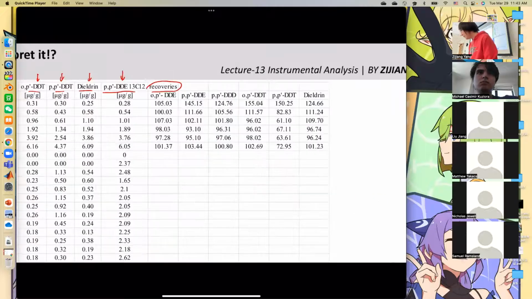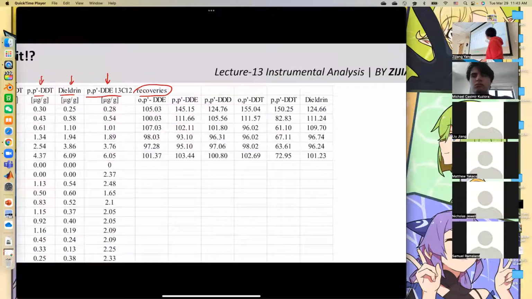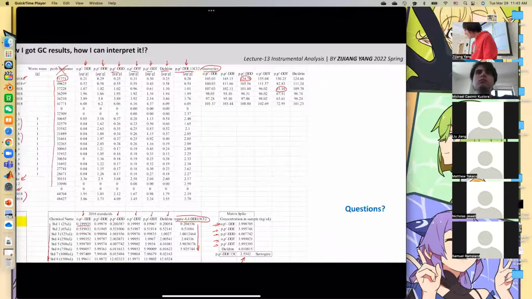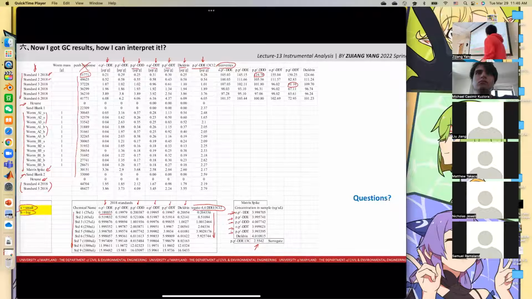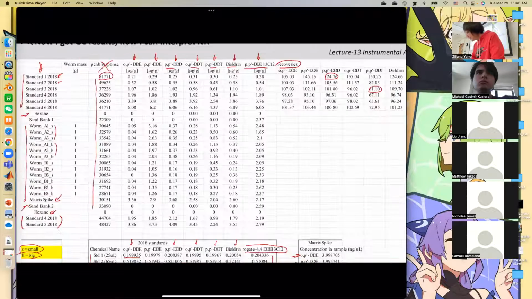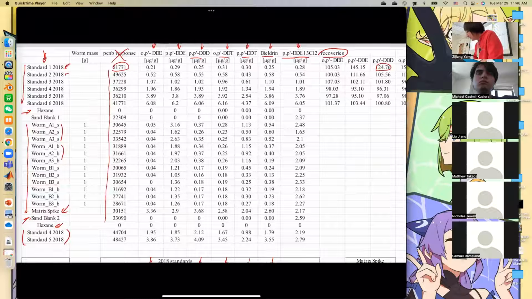So when we go back to this one, this is just the recovery of our calibration curve. And we can see some of them are pretty bad, like this one, but that's fine. Okay, so in this class, first we want to evaluate the sand blank and the hexane,